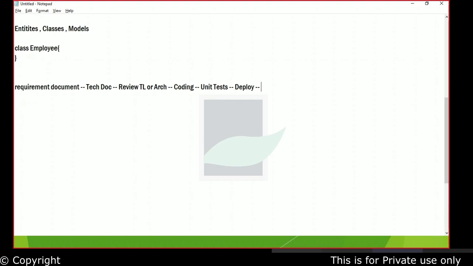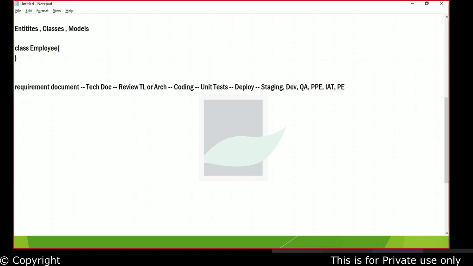Deploy it to where? There are multiple environments depending upon what your project is. There would be staging environment, there would be dev, there would be QA, there would be PPE, your pre-prod environment. Some people call it IAT, your integration environment. Then you have prod environment.